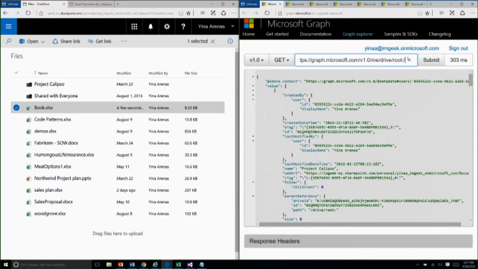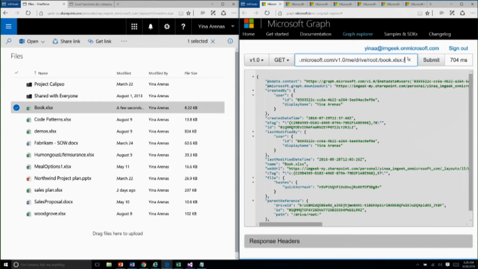So I can do :/book.xlsx, because that's the name of my file, then that colon again, because that's where my path and file name end. If I just do this, what I get back is the metadata of that particular file. And if I then say workbook,